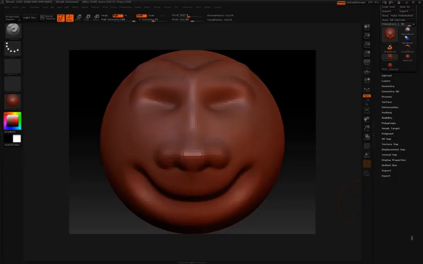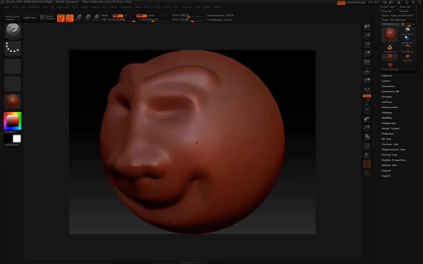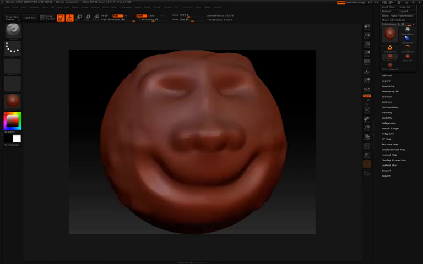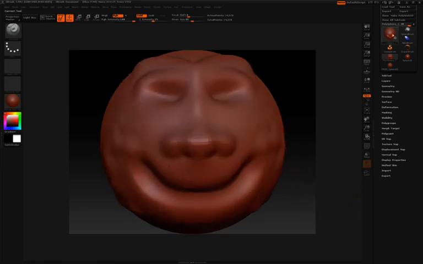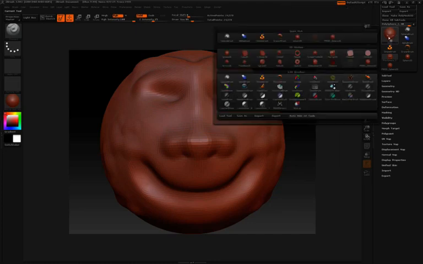Right now I'd like to talk about the differences between a Polymesh 3D and a 3D mesh here inside ZBrush. They might sound very similar, but they're very, very different. Right now I'm working with a Polymesh 3D, which means I can simply sculpt on this and freely work with it. If I go into the tool pop-up here and select any of these 3D meshes that you see here,